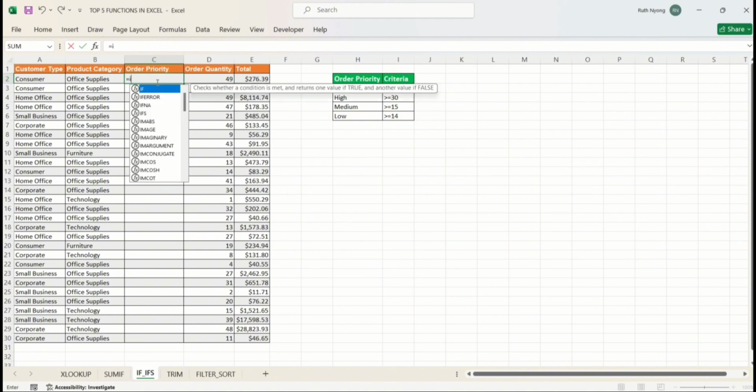For our IF function, say we want to create order priority, and we already have an order priority table that's been given to us. We have our order priority table and we have the criteria for this order priority. What do we do? After typing our IF function,